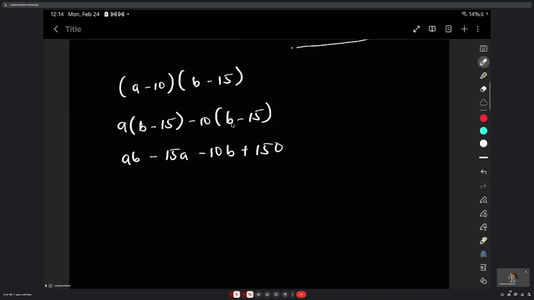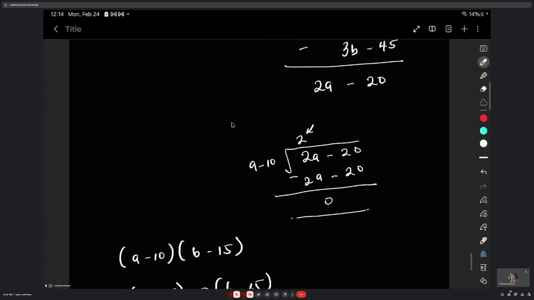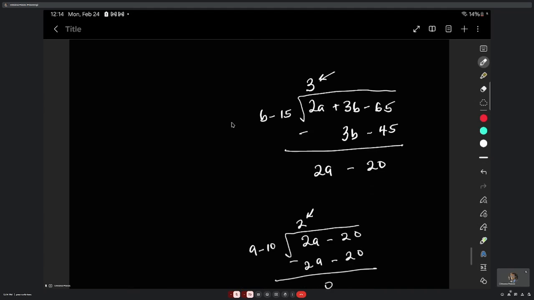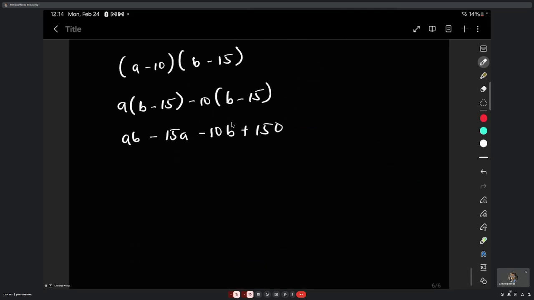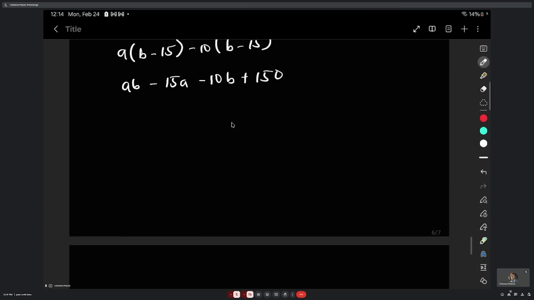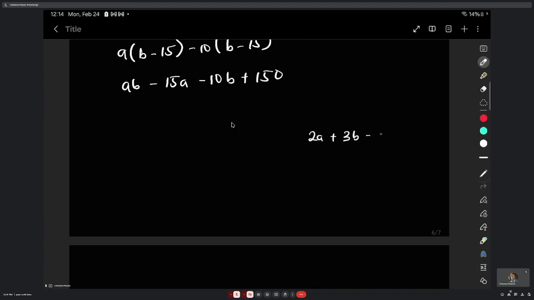So let's start with it. We'll now be dividing 2A plus 3B minus 65 by this, 2A plus 3B minus 65. How about dividing by